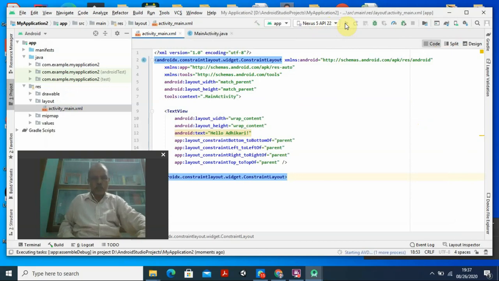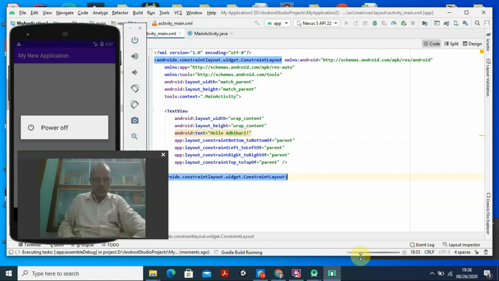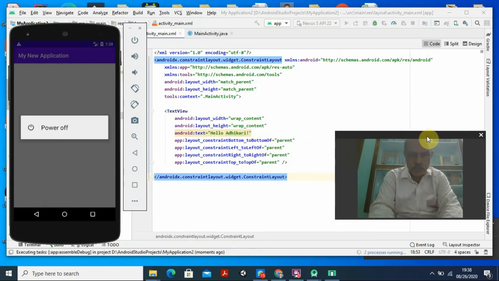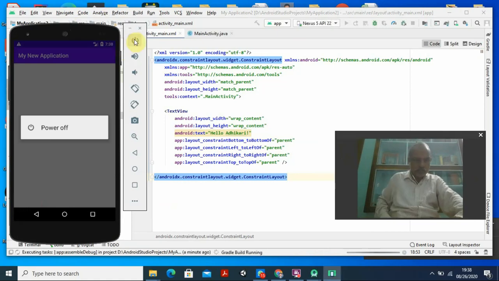If I run this program, you wait for some time, because it takes a little time. You see the starting, it is showing here something, and it is going on in the background also, yes, you can see it here. Now if I drag this one here, you see still it is running, and don't disturb it, and it is in the power off mode. So I want to make it power on, so by clicking this one. Now most probably it will be power on. Yeah.